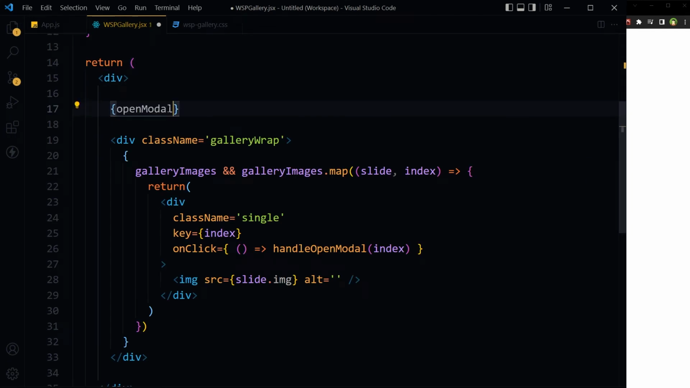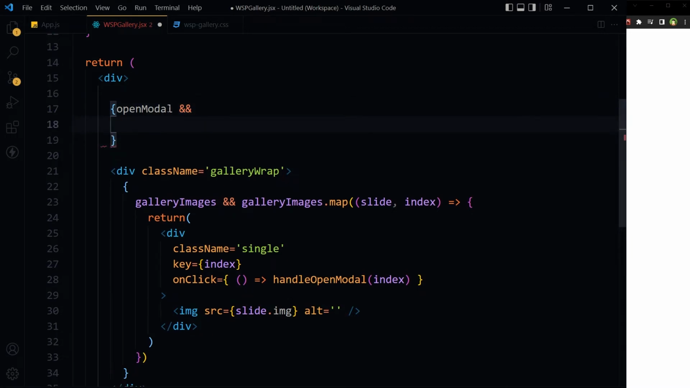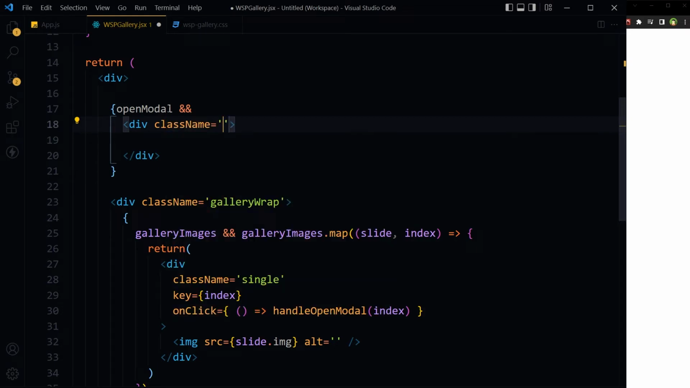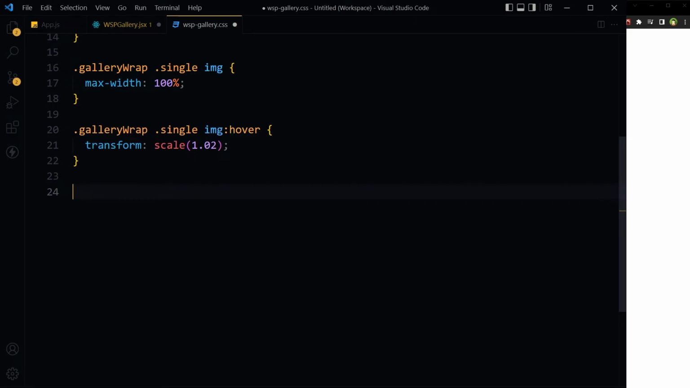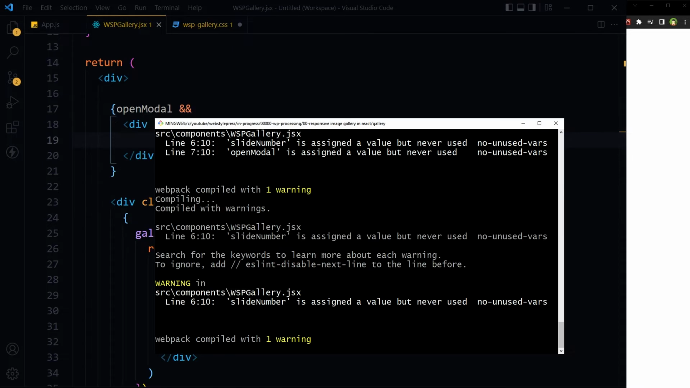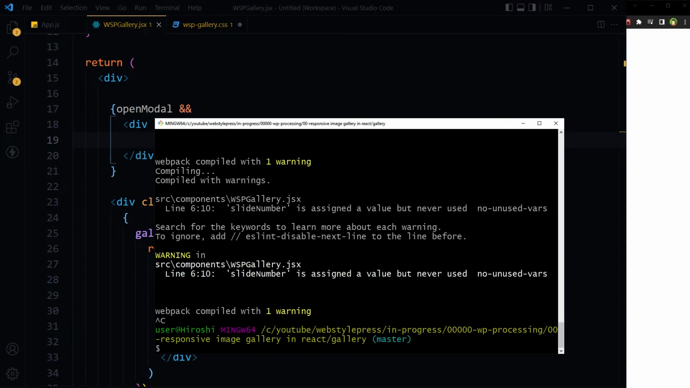Here, if openModal, then show this div. Its class will be sliderWrap. Let's copy this class here as well. And then inside it we will use Font Awesome icons. To use Font Awesome icons, we will have to install those. So we will stop the local server,